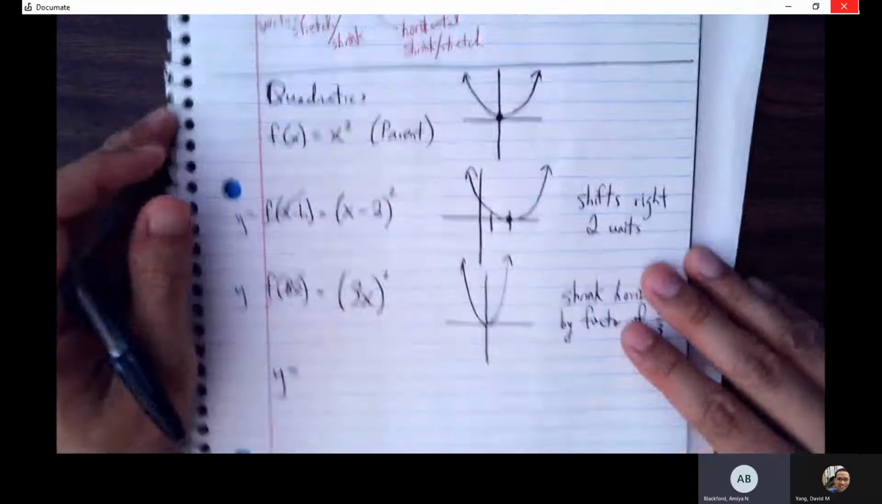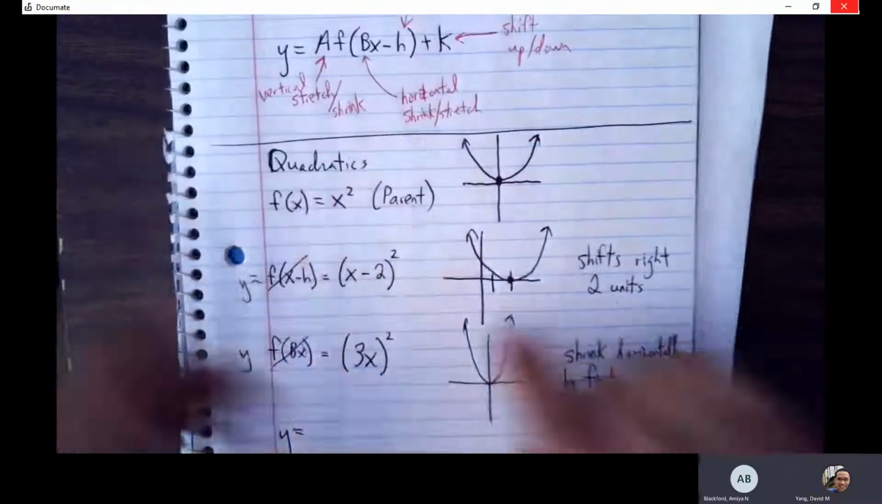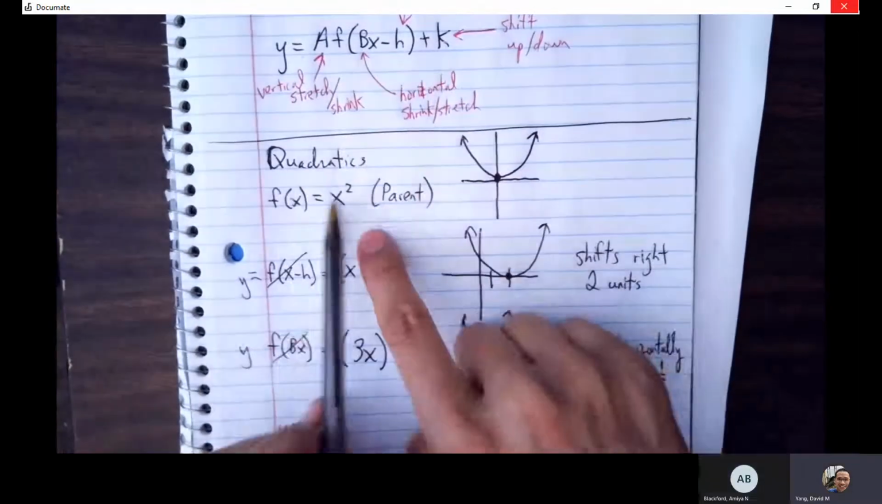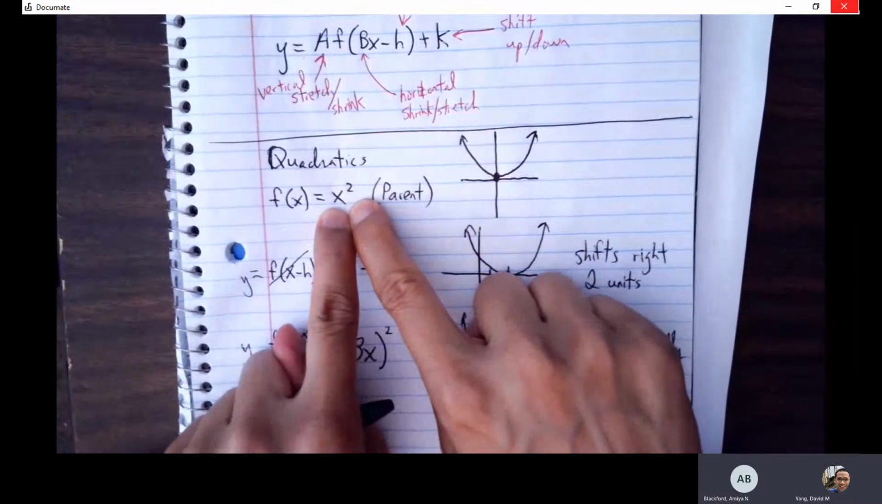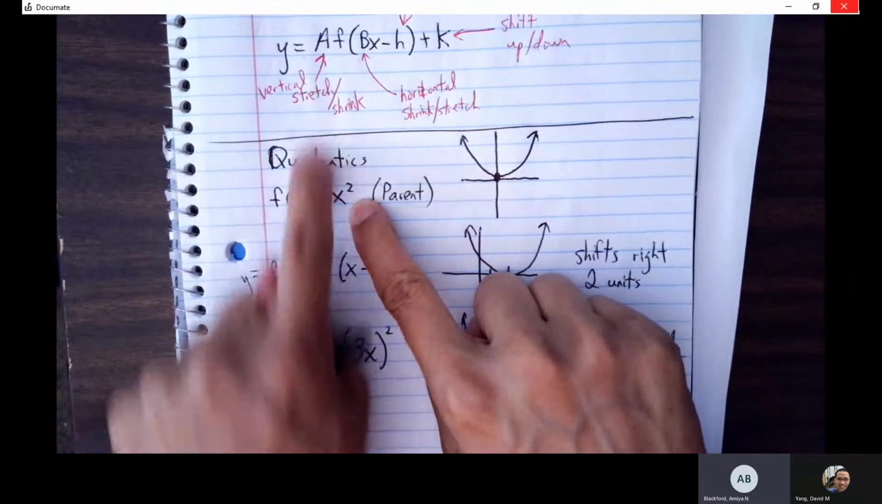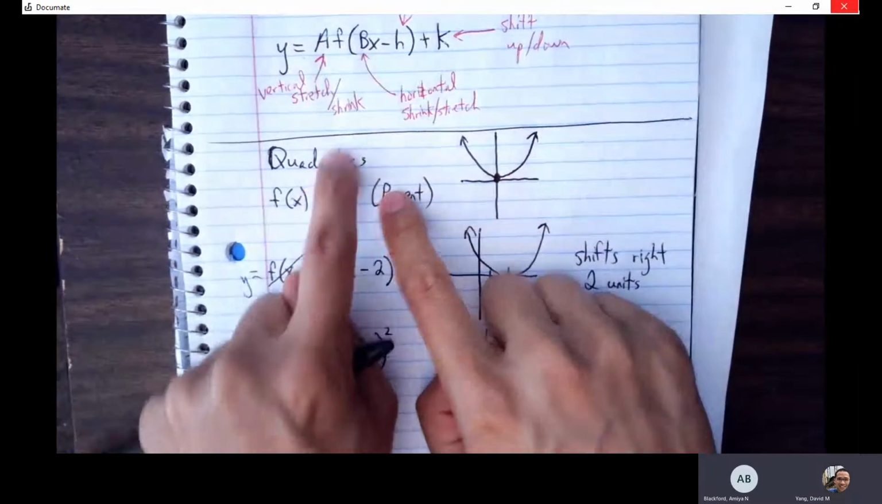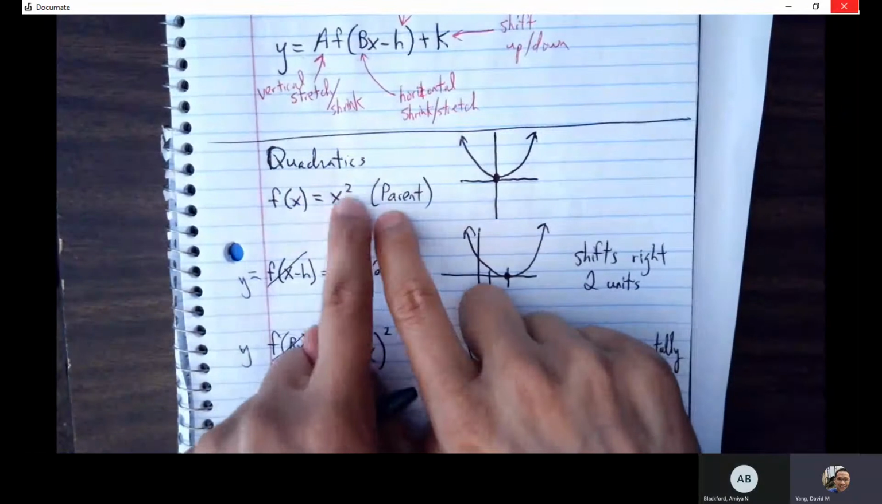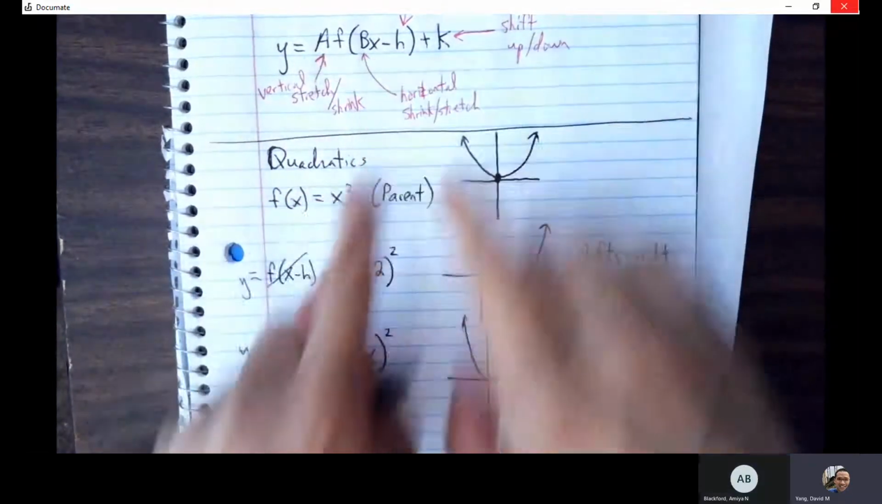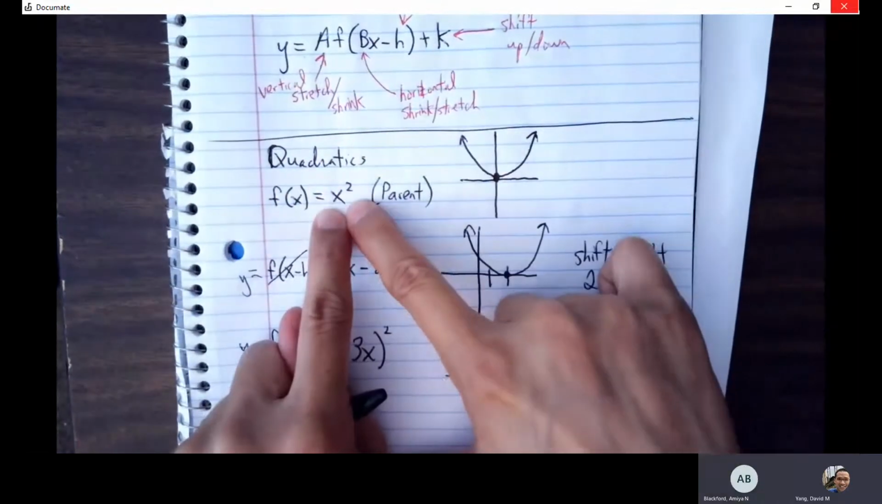So we still put the F right there next to A, or no? Well, no. The F is no longer there. Now you're dealing with this particular function. So don't worry about the f of x, just use the A. The f of x is a general formula, but we're dealing with a quadratic. So your A, B, H, and K are all going to be built on